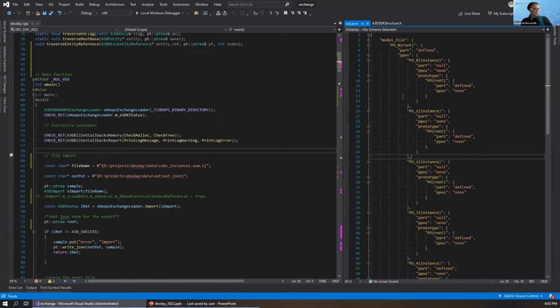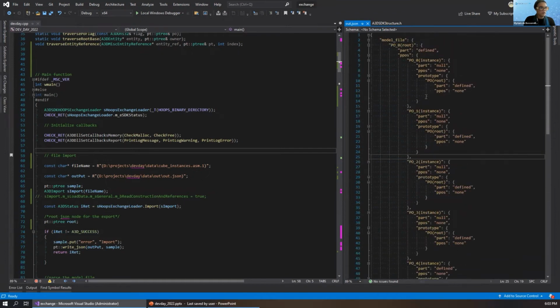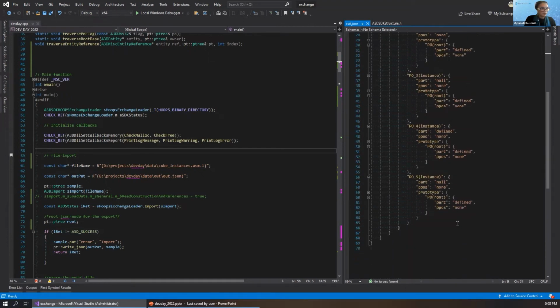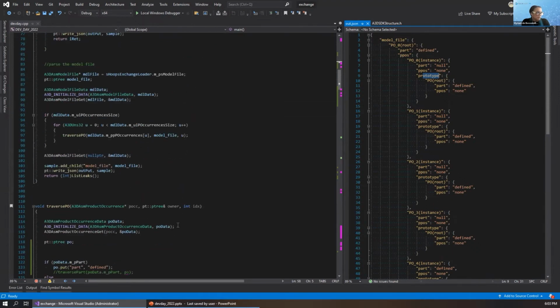So here I retrieve my instances. For the first one, I have just a link to a prototype that is defined, and everything seems to be exactly the same. So to have access to color and to visibility information, we need to traverse the root base information.